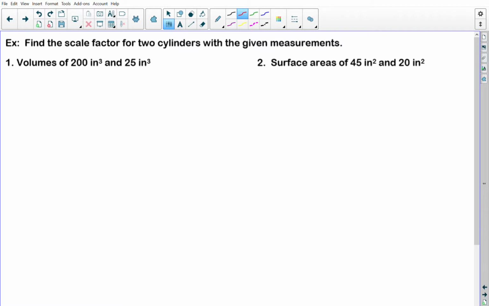Let's look at some examples. So here I am looking for the scale factor, and scale factor is a first degree measurement. So if I have the volumes, which is a third degree measurement, so volumes is a third degree measurement of